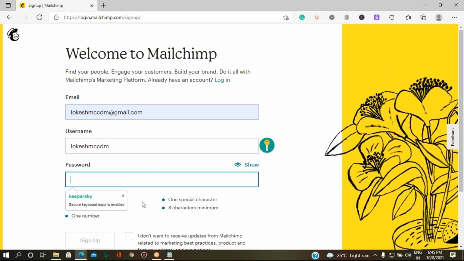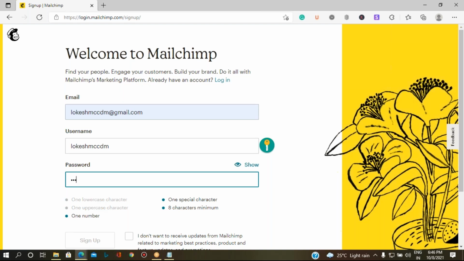Make sure you follow the password policy, which says you should have at least one uppercase character, one symbol, and numbers. It's mandatory. Let me give it.